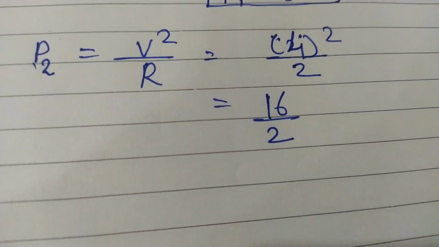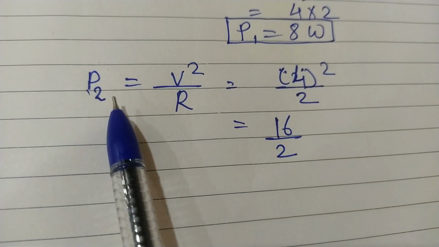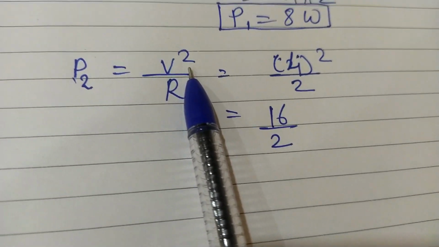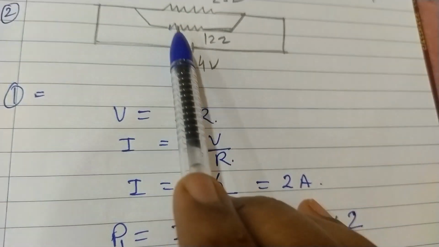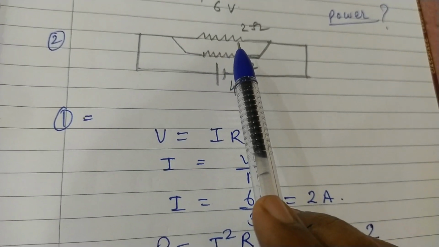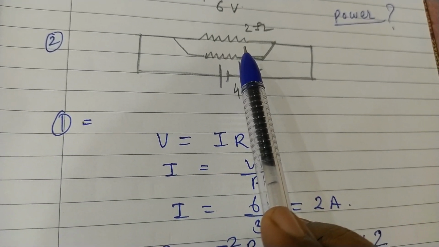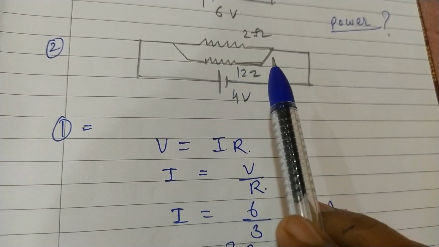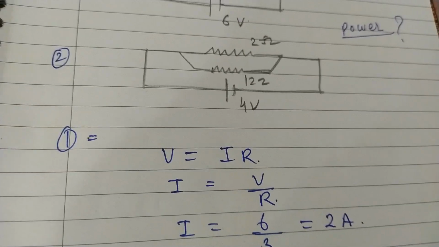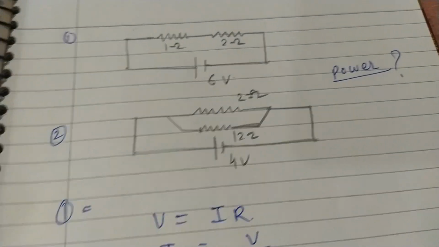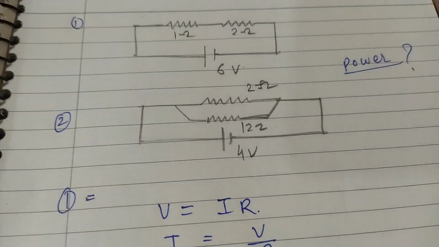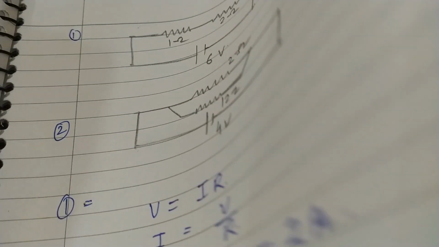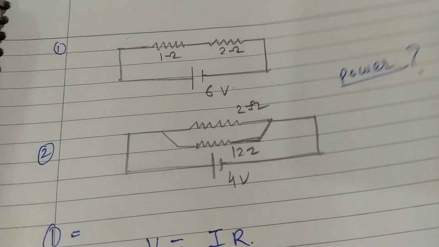In the second case, if we want to calculate P2 power, it is a parallel mode. If you see the diagram here, I'll show you the diagram. It is a parallel mode. And in parallel mode, children, what happens? Current flows or potential is what is same and what is different? Have you noted it down? Do you remember it or have you forgotten? Anybody can tell me what is same in parallel mode?